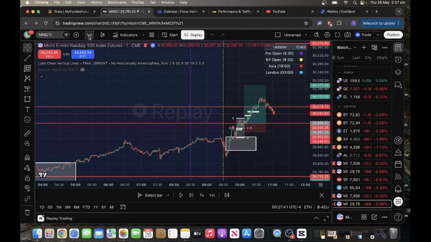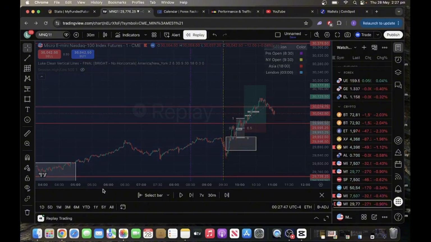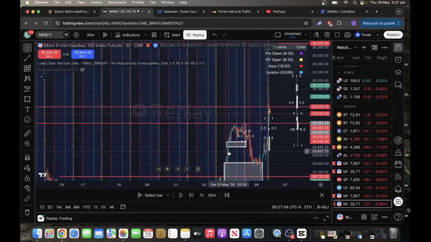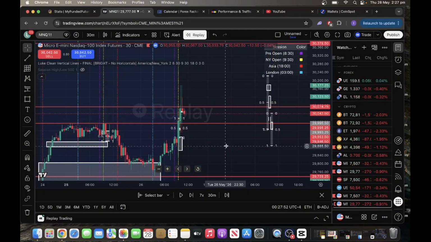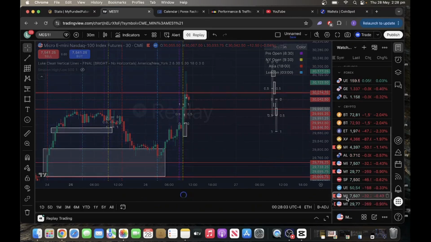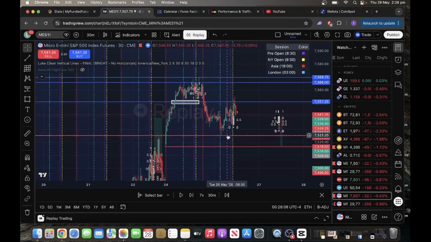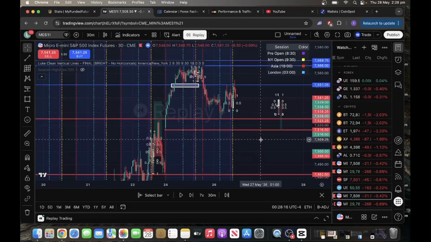So firstly, obviously what I always do is I mark out my major draws on liquidity. I took this trade on Nasdaq, on the NQ, on the micro, and the two pairs that I'm always looking at are Nasdaq and ES. So I got them both up, and I draw out my liquidity. As you can see here, I've got the low liquidity in the red here, and I've got this opening gap for when the new week opened with such a big gap. I've got that drawn out as well as a lower